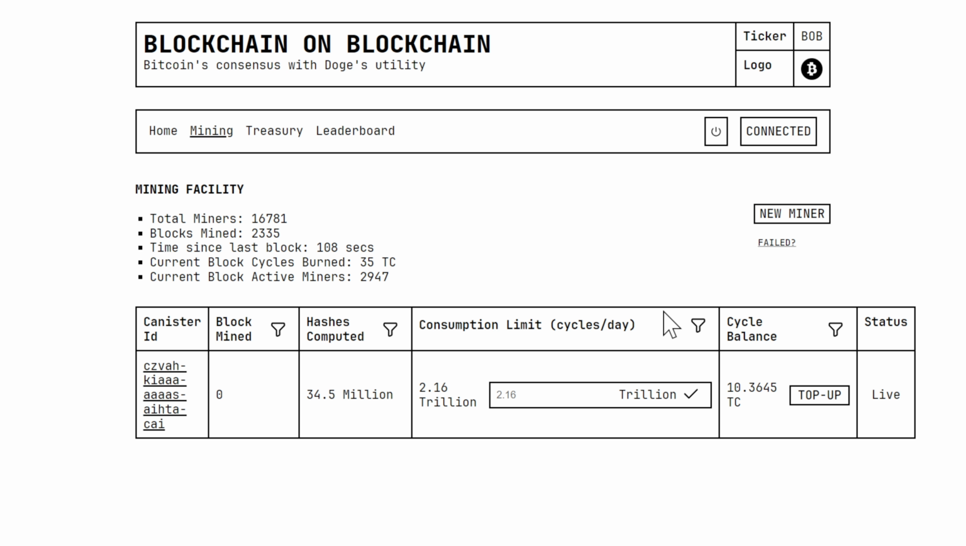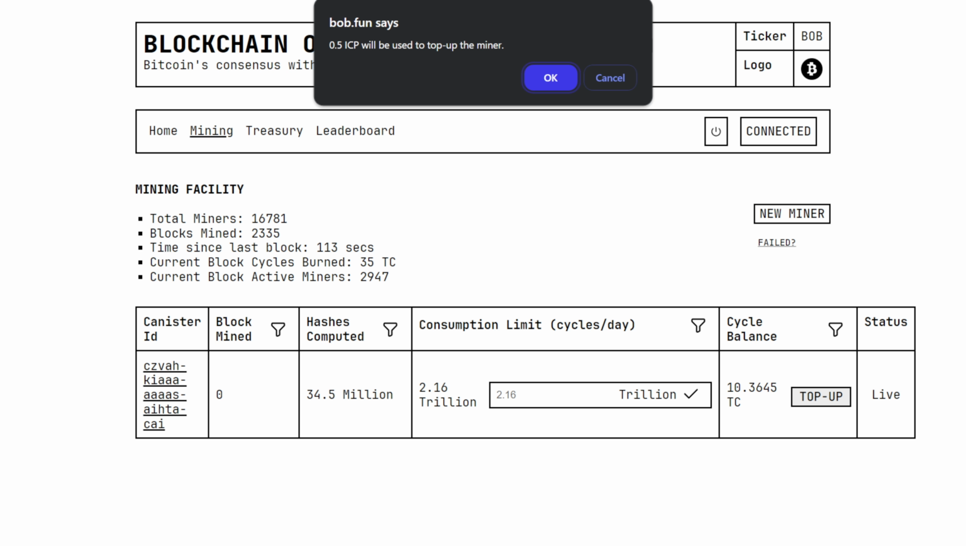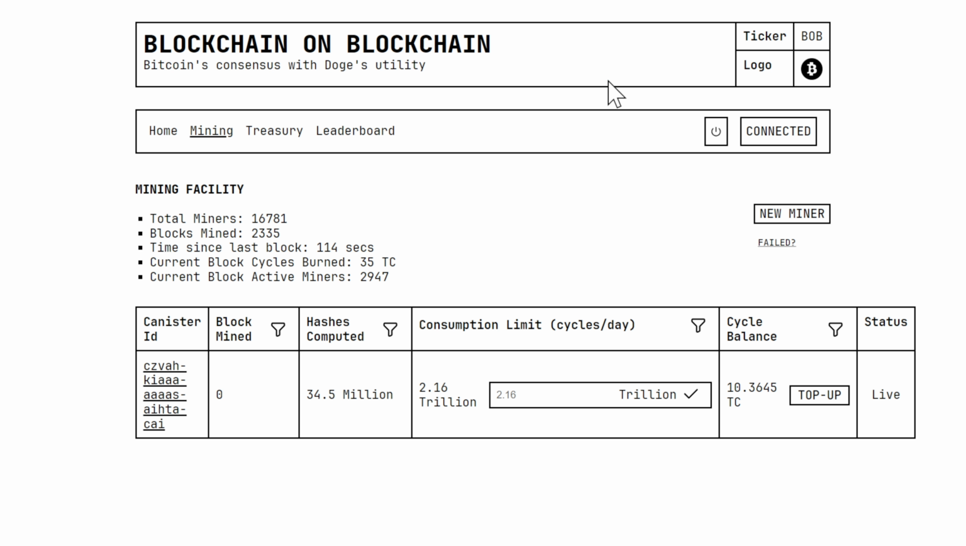Bob.fun has a built-in mechanism for topping up cycles, but the rate of ICP to cycles and the efficiency of using this feature is less than ideal for anybody trying to set up a lot of miners in the fastest and most cost-effective way. So, to do this from ICLight, all you need to do is connect your wallet in